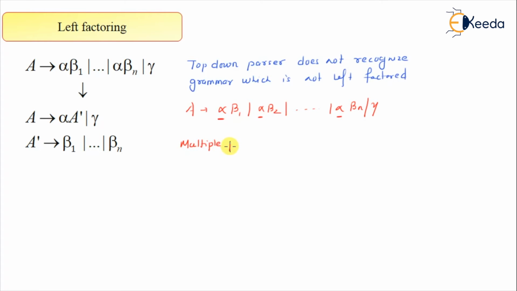Okay, so that is the key property, that multiple productions from A start with alpha. Okay, now what we need to do is that we have to take this common part. So take the common part means we have to take this common part, which is alpha,